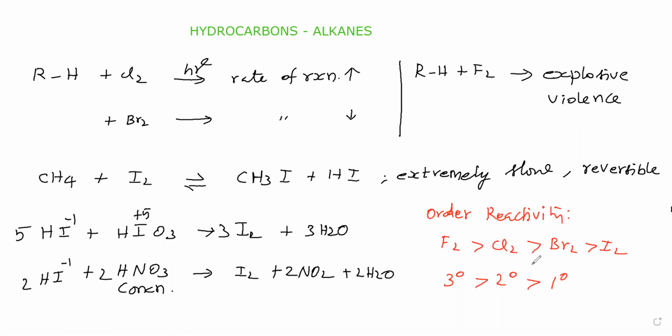So now we came to know that reactivity of tertiary hydrogen, secondary hydrogen and primary hydrogen, how this reactivity order will be there, that we will see. Reactivity order of primary, secondary and tertiary, that we will see now. Now I will take the compound like this, CH3, CH3, CH2, CH3, like this I will take.